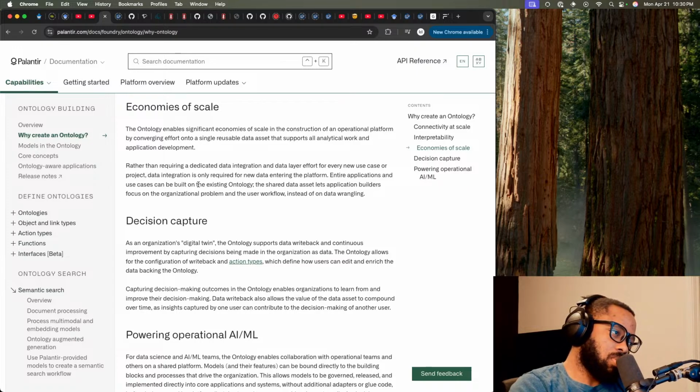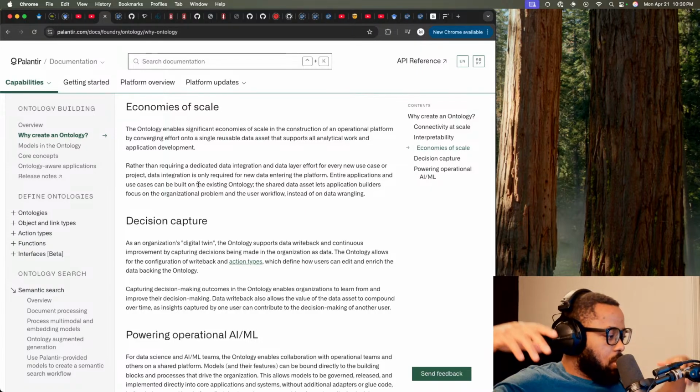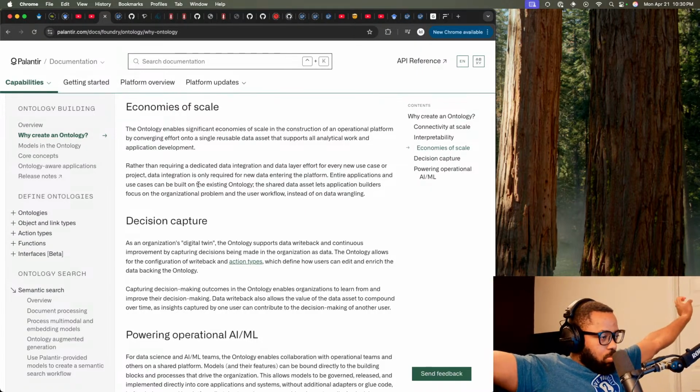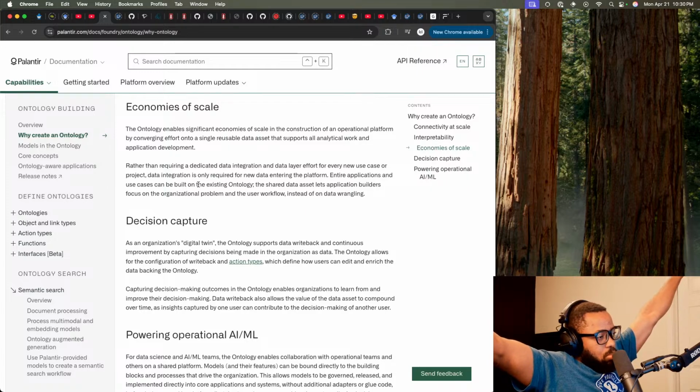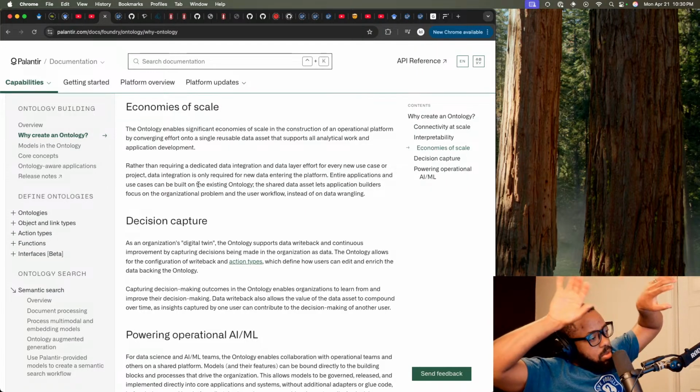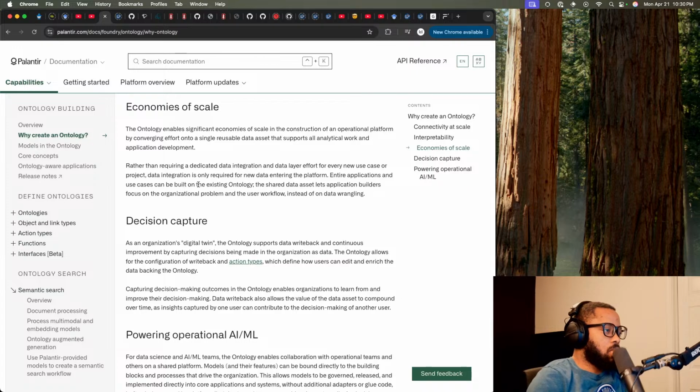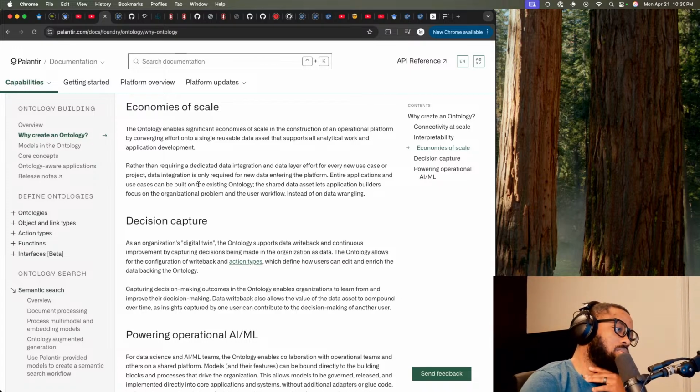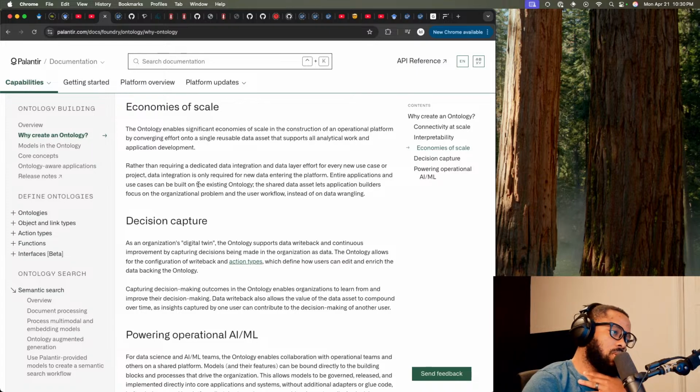There are parts where you can join them, but in terms of domain separation, it will be fine to have different ontologies. Anyway,